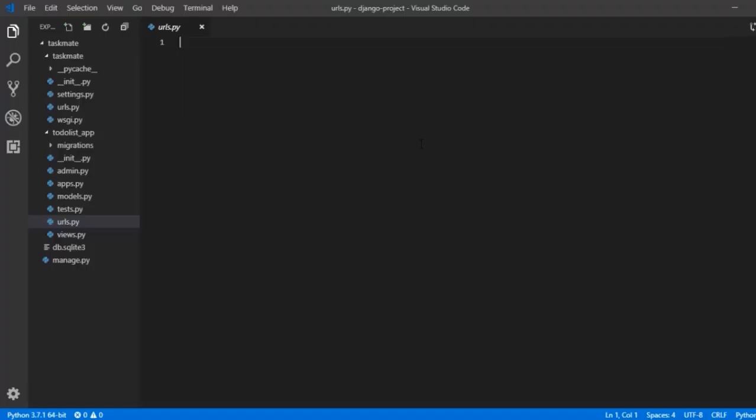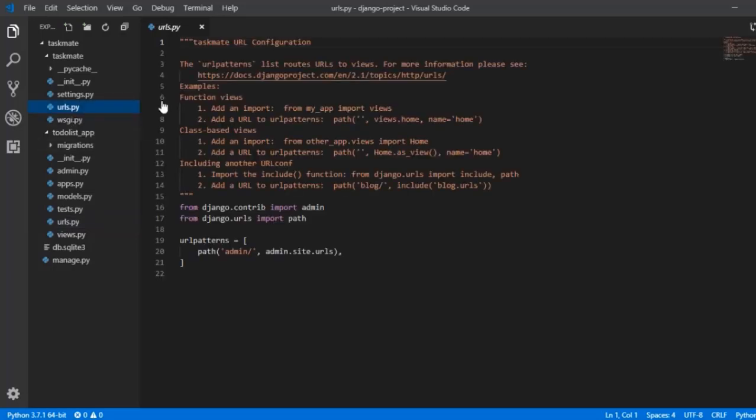Hey guys, welcome back. Now in this lecture, we are going to talk about URLs as well as views. So URLs are something related to configuration and mapping, and views are related to the functionality of that page. I hope this would be clear by the end of this lecture. So now let me open the first URLs, that is our project URL. Whenever we open our home page, that is our website link or maybe our IP and port link, we are going to hit this URL the very first time.